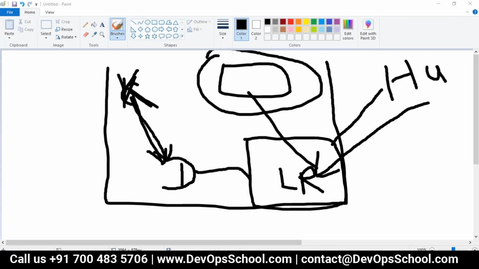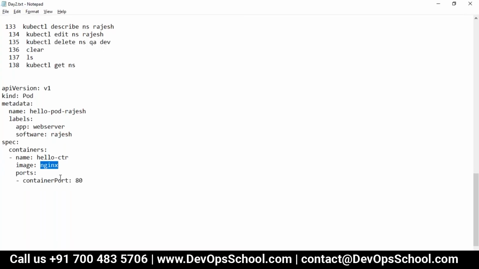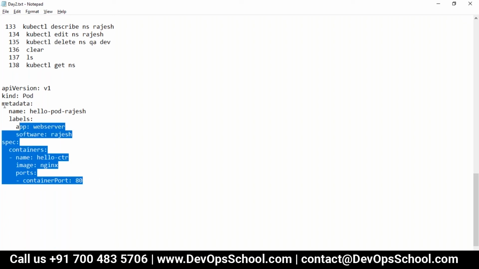Now it will not go to the Google registry because it's Docker. If you want to use Docker hub itself, then yes, it will use the Docker hub. If you have this image in the Google registry, then you can give the full path of it, like the Google address. So you give the full path. Right now the default is Nginx. Okay, got it, thank you.